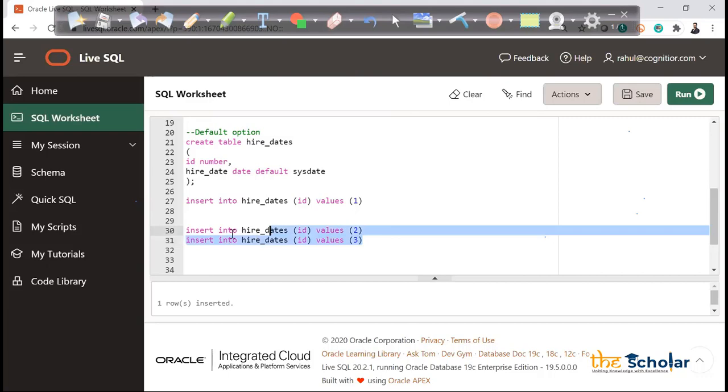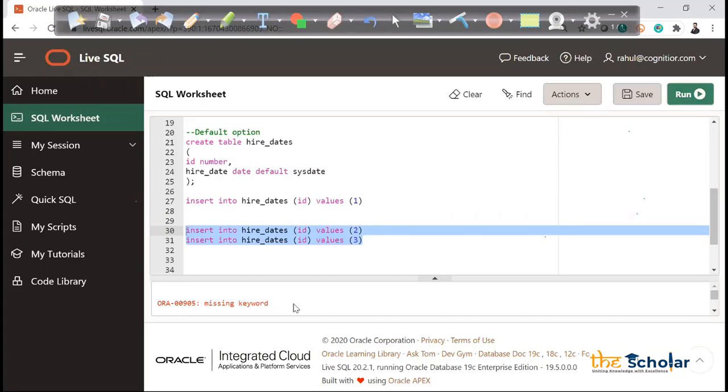What I will do, I'll select this together. I want to run both the lines together so that I don't have to run the code line by line. I want all the lines to run at once, so I just have to click run one time and all the statements will be executed. So I'm selecting these two lines and trying to run.